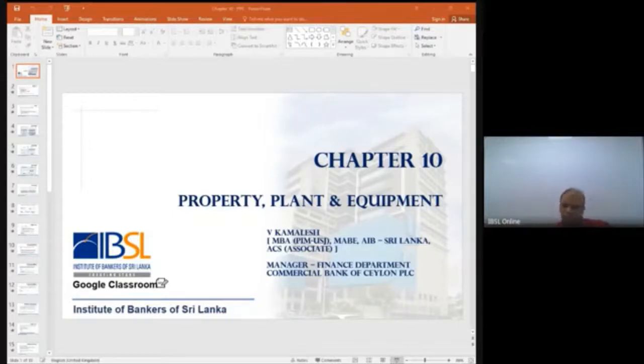What they do is, you might estimate the lifetime of an asset to be 5 years, let's say. So by the time you reach 5 years, what will happen? The asset is fully depreciated. So your cost is, let's say, 100,000. By the end of 5 years, your depreciation is also 100,000. That is the accumulated depreciation. Now, what is your net book value? Net book value is 0. But even though your net book value is 0, you will still be using this asset. And it must be in a usable condition also.